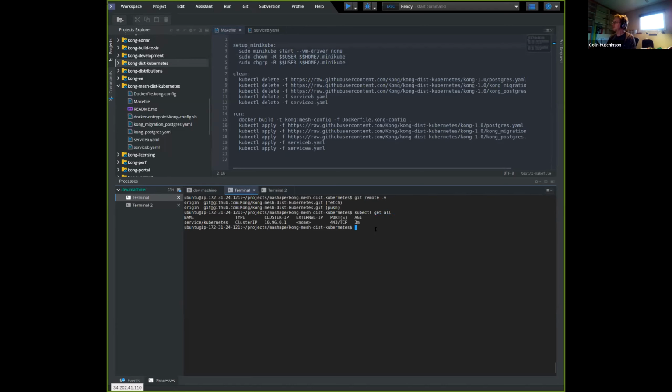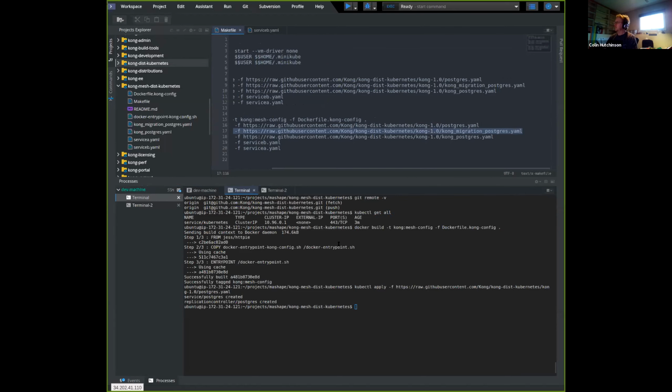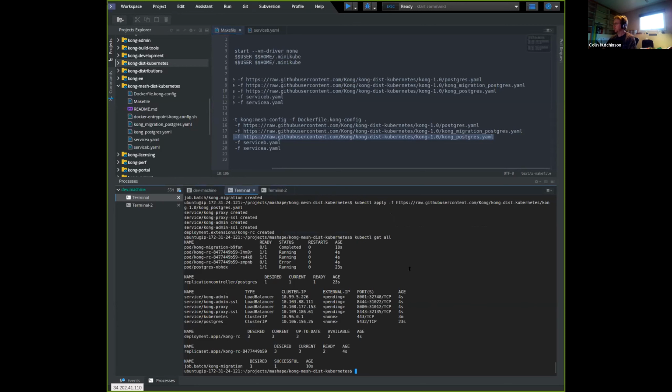For posterity, currently nothing is running in Kubernetes. I'm pretty sure I already built that Docker image. Yeah, I did. So I'll talk through this as I do it. What I'm doing here is using also a public repository, Kong dist Kubernetes. I'm using the Kong 1.0 branch to run Postgres. I'm running the Kong migrations, and then I'm running the Kong instance itself. So if we do kubectl get all,